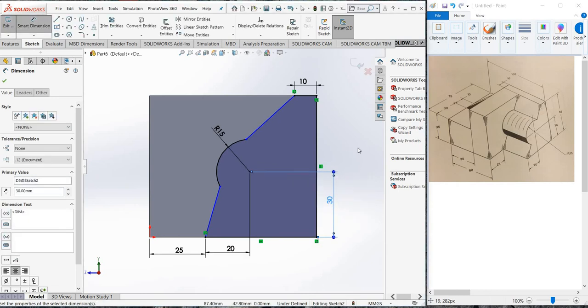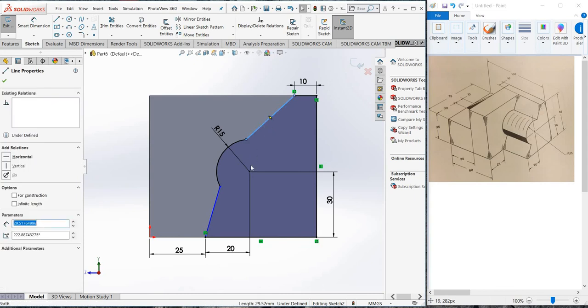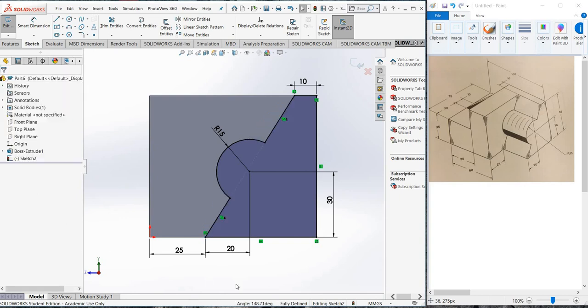And finally, we're gonna hold Control, select this line, and select that line. And you see that these two lines are collinear. So while holding Control, you select these two lines, and then when you see these options, click on collinear. Accept it, and you see that our sketch is fully defined. Alright, so accept,